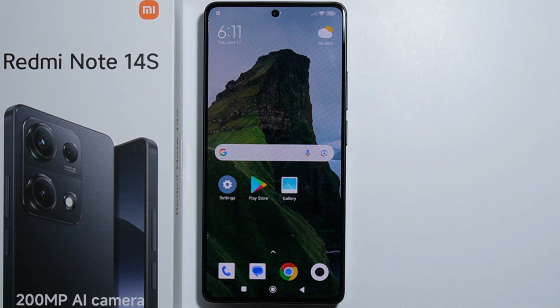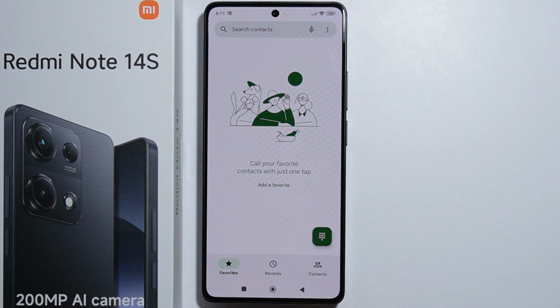to open apps in the floating mode on the Redmi Note 14s. Let me quickly show you how you can do this. So first of all, you'll have to open any application that you'd like to open in the floating mode. So in my case, I will open this application and the phone application, and after that you have to go